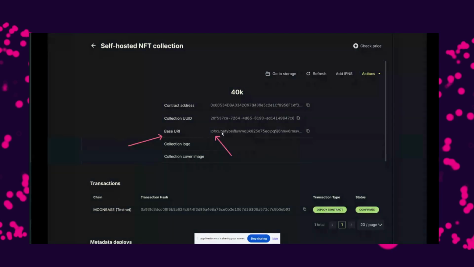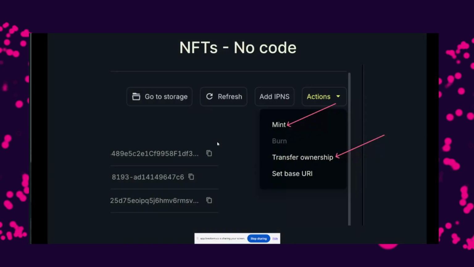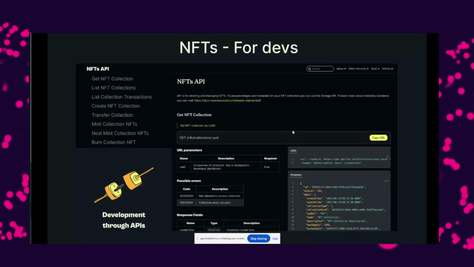If you click on this collection, as you can see, base URI is now set on IPFS, right? So metadata is getting served from the decentralized storage. And what you can do is click actions and mint. In this case, I reserved 10 NFTs up front, and I could mint them ahead of time to any desired EVM wallet.